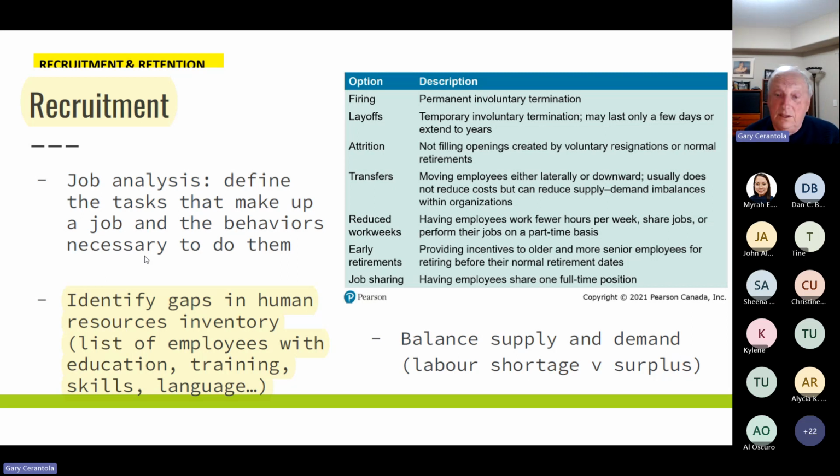I know that in my board experience, we actually profiled the skills and capabilities that each board member had, and then we looked 5 years ahead and took a look at what kind of skills and capabilities we will need 5 years from now, and then we started recruiting to balance that off, so that as we moved into the future, we had the skills and capabilities to be able to satisfy the requirements of the business. So that's key.